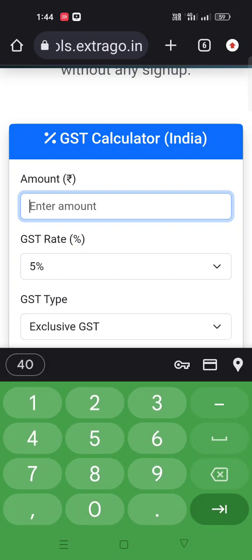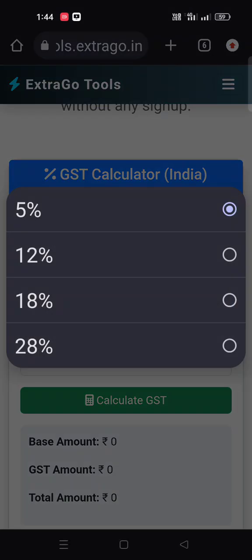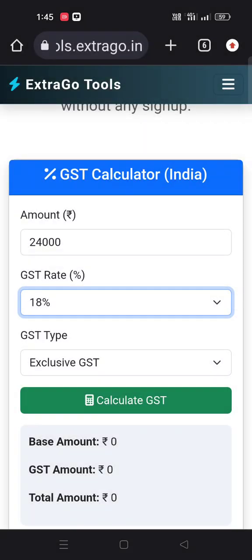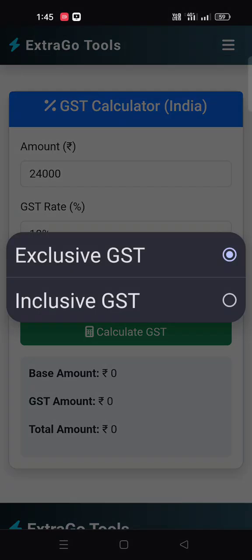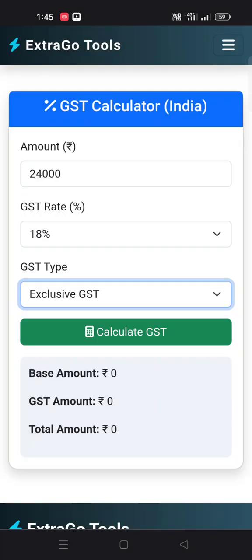Let's check for a laptop. 24,000, and the GST rate for technical items is 18%. Exclusive GST, inclusive GST. Okay, calculate.